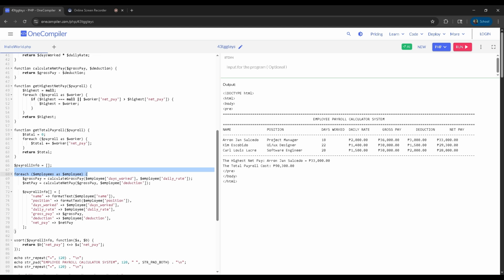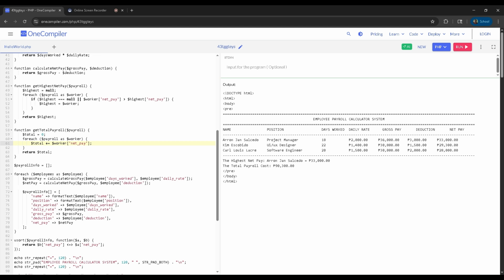Next we have here the get total payroll. As you can see, the total is 0. For each, I'm using a function to get the payroll, same with get highest net pay. So foreach payroll as worker, the dollar sign total, and addition equals.